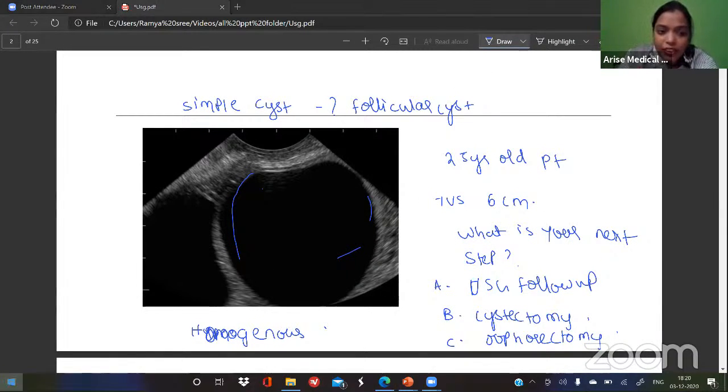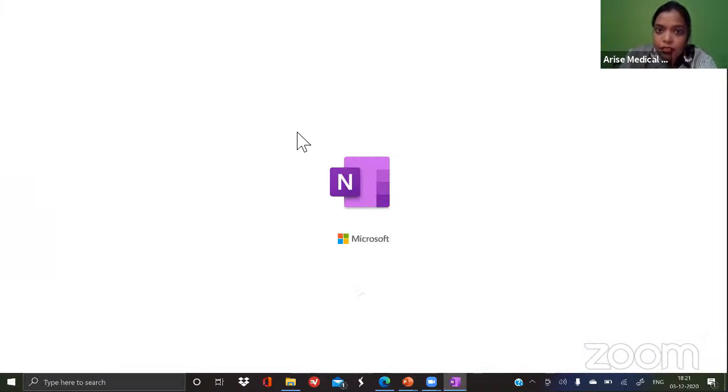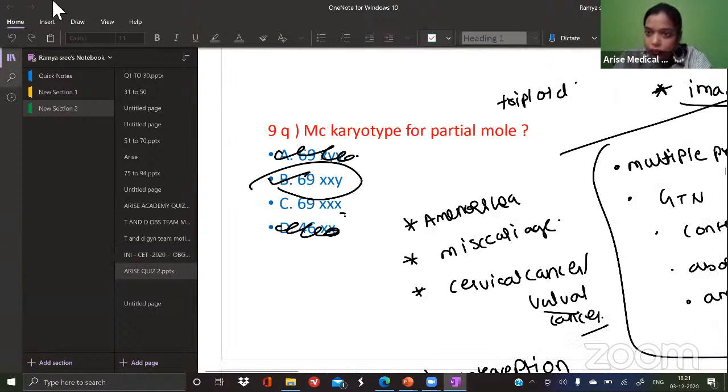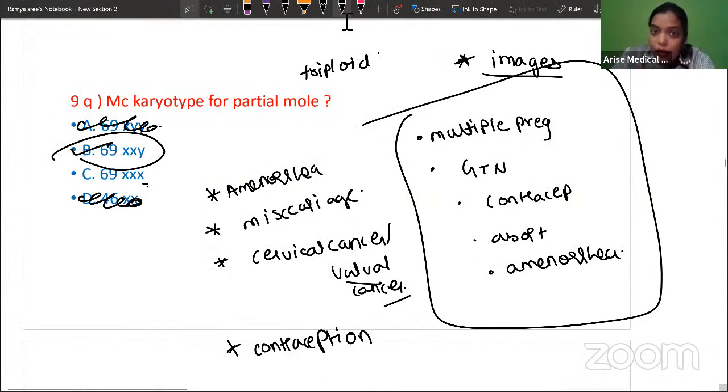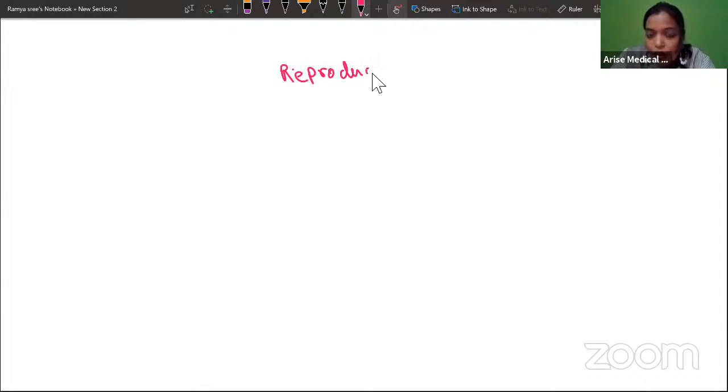Whenever you have an ovarian cyst, you have one of two tables which are very, very, very important. This might come to you in exam also. So that is, in a reproductive or premenopausal woman,